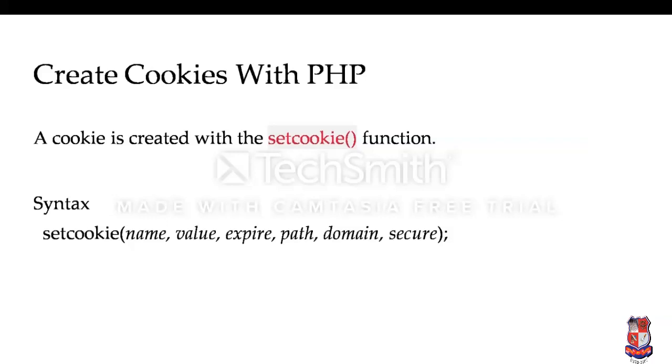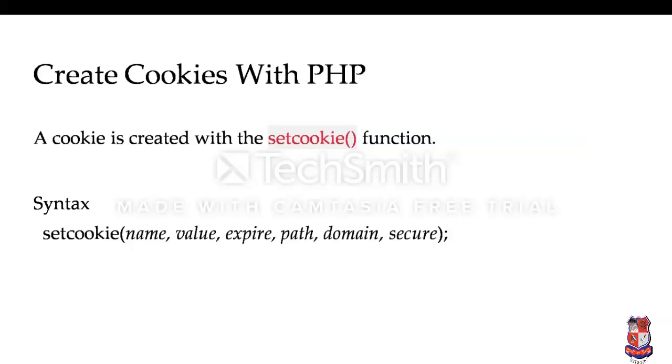Let's say we want the cookie to be valid for 1 hour, so we have to give it in seconds. For 1 hour we have to give 3600 seconds. And if we do not give this parameter, when the browser is closed, the cookie will be automatically deleted. But if we give the parameter, the cookie will be valid up to the time we have given.